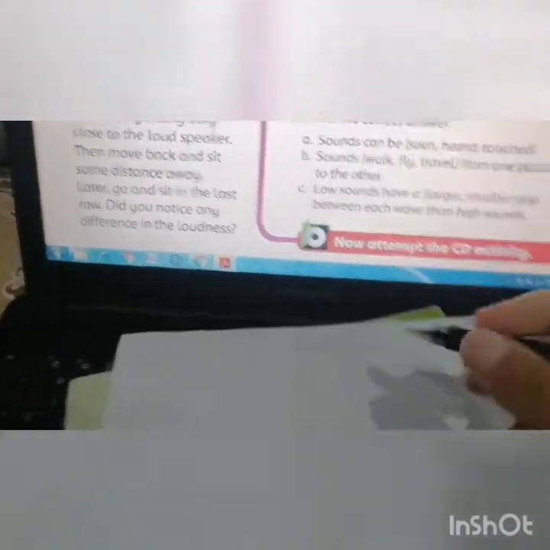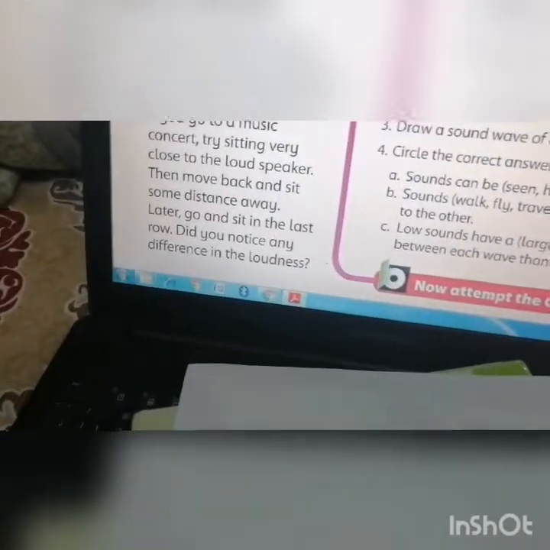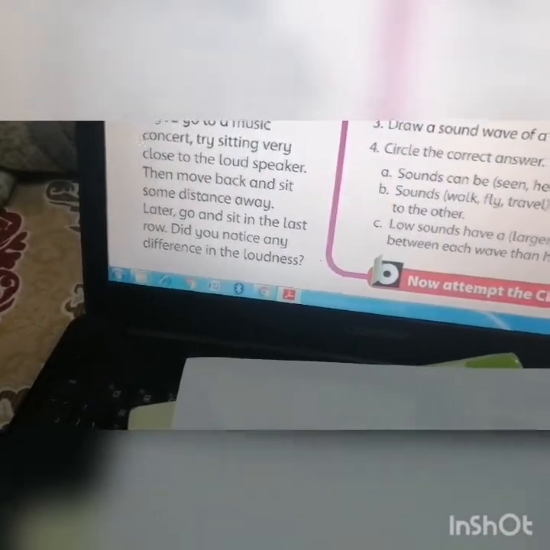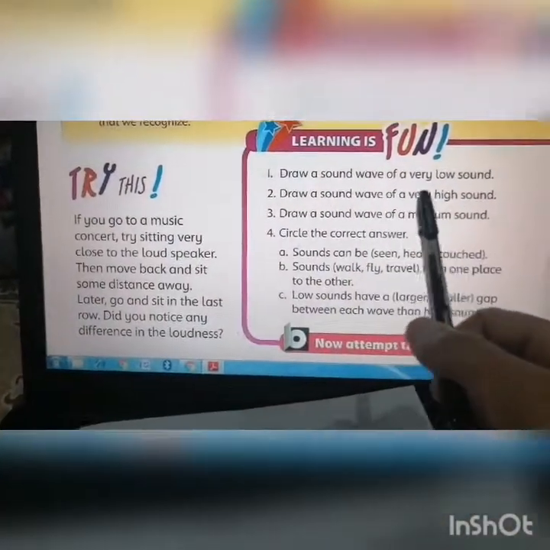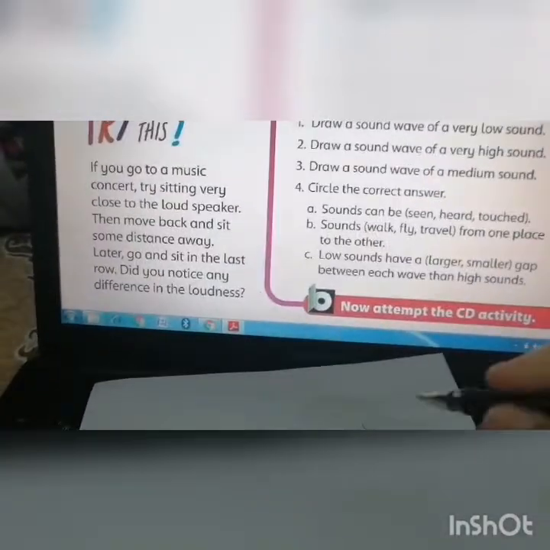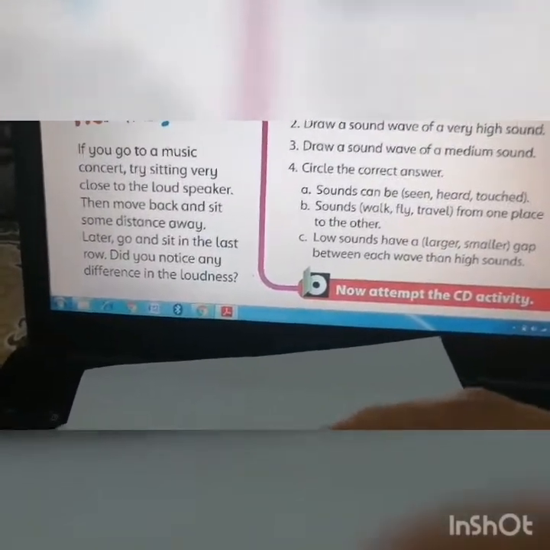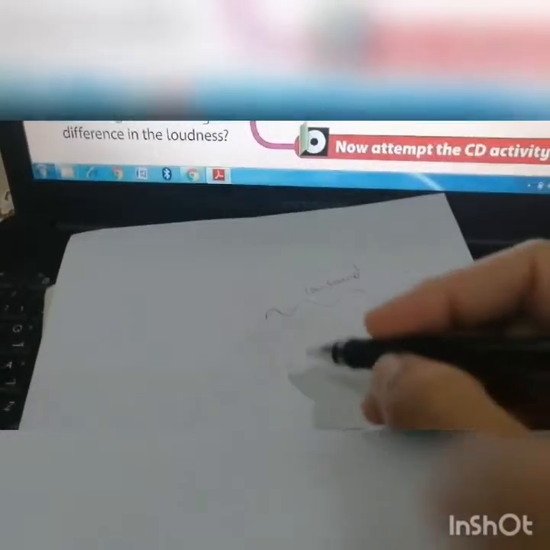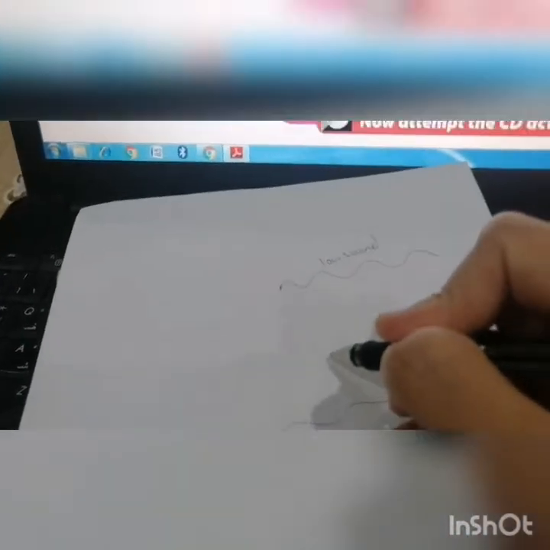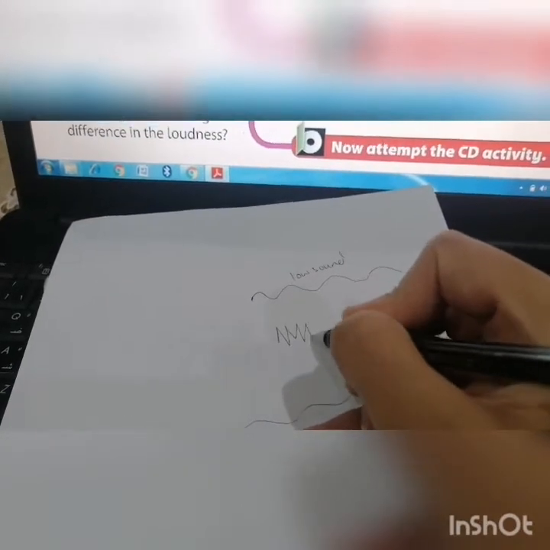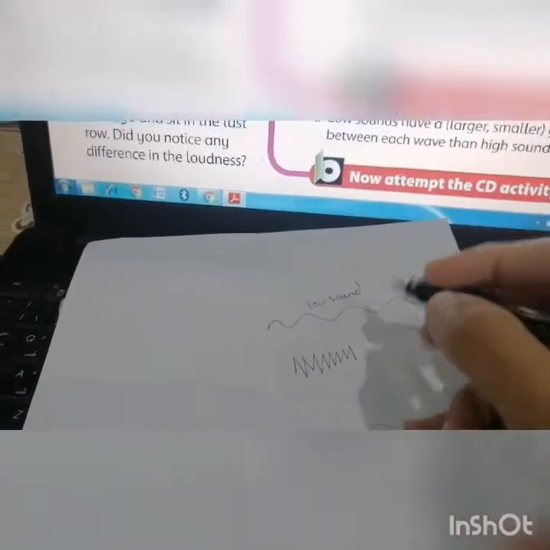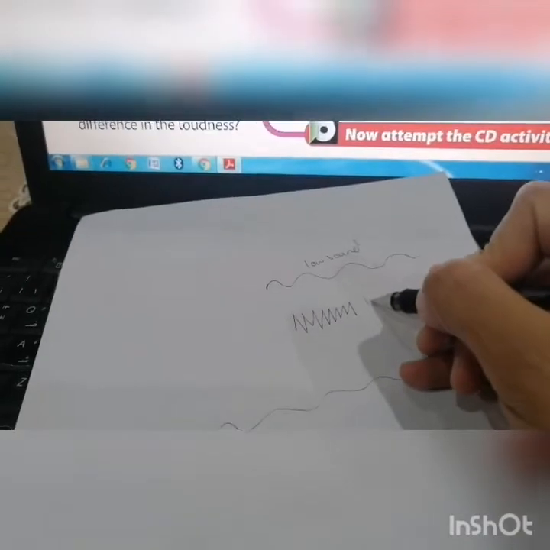Now, this is a low sound. Now, draw a sound wave of a very high sound, like, hey guys, can you listen to me? A very high one. So it will be like this. So this is a high sound.